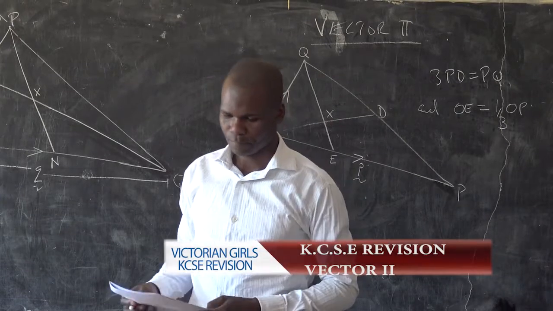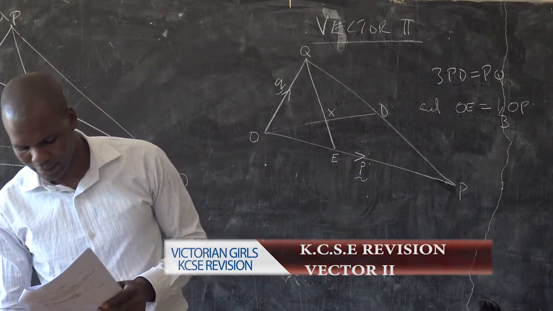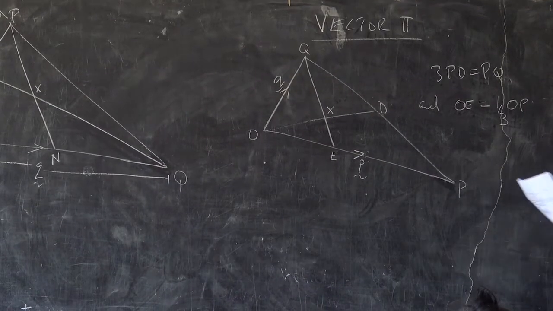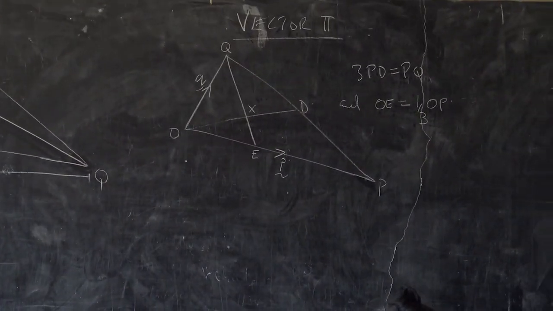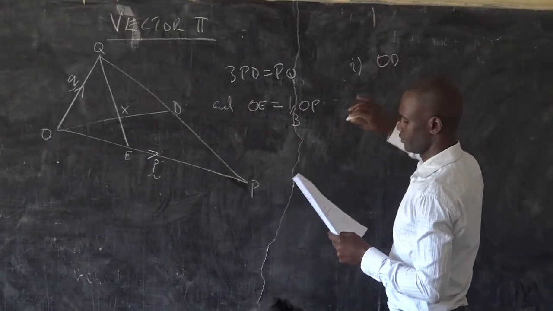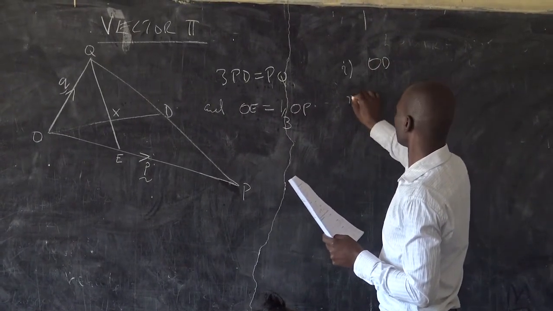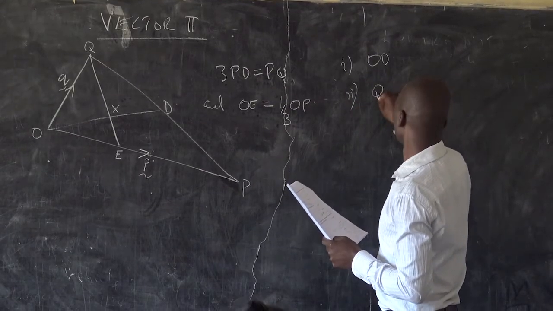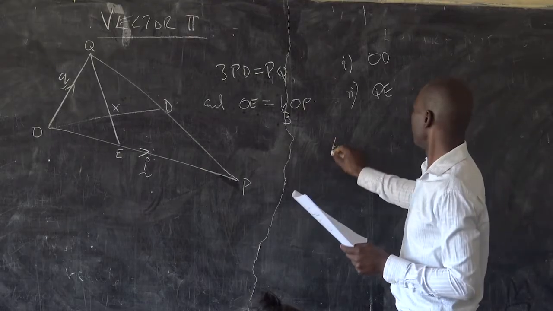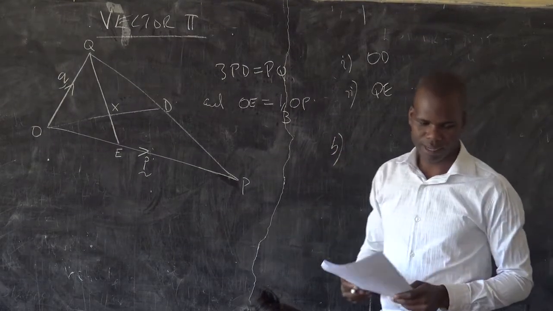Part A, express in terms of p and q, Roman 1, OD, Roman 2, QE. Then part B of the question,